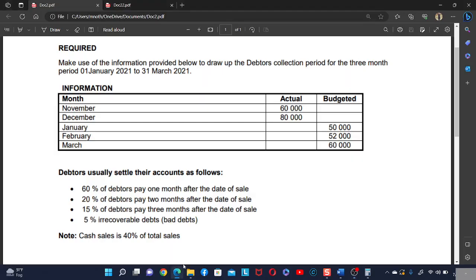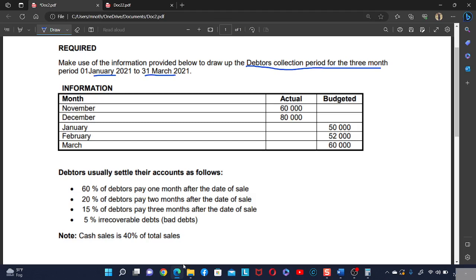Today we are going to look at the debtors collection period. So we are told to make use of the information provided below to draw up a debtors collection period for the 3 months, 1 January to 31 March. Then you are given the information, and they are saying that debtors usually settle their accounts as follows: